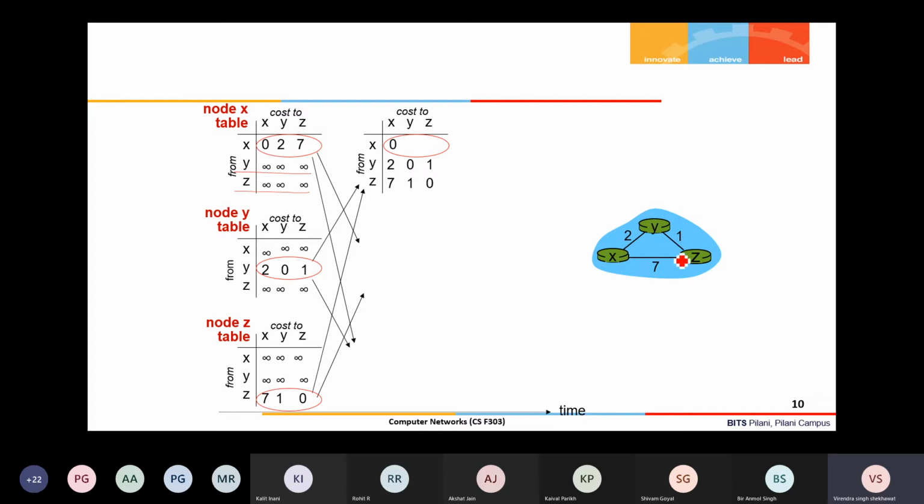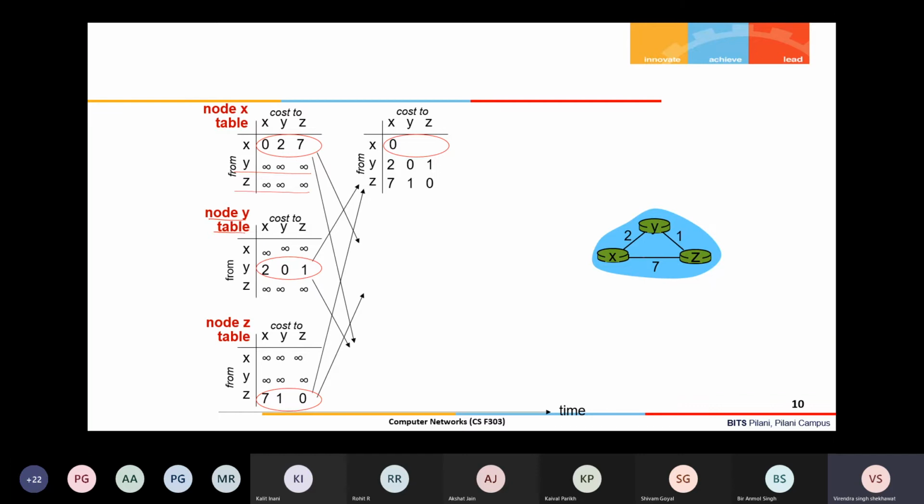X to Z is 7, because the direct link is 7. So initially a node knows only its own directly connected links. Y's distance vector is not present at the moment, and Z's distance vector is also not present at this node. Now node Y's table will be what? The initial table will be Y to X is 2, assuming that links are symmetric.